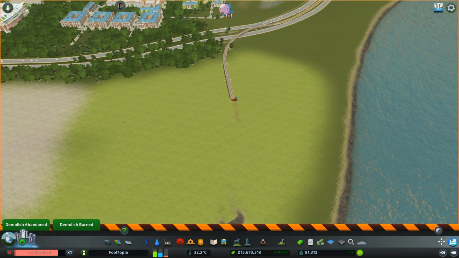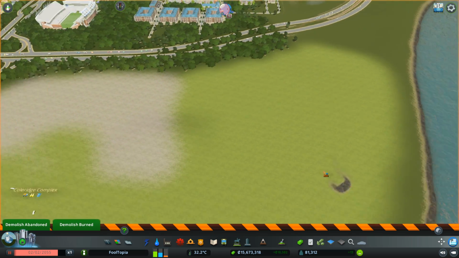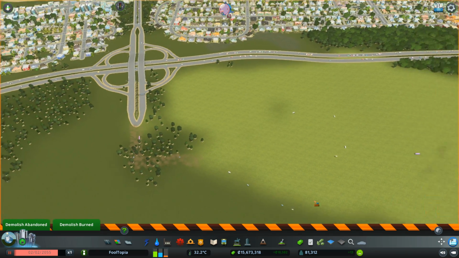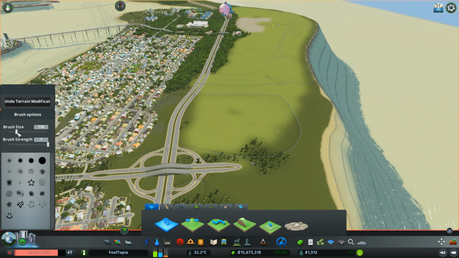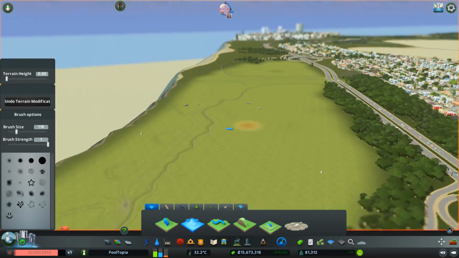We're going to bring this back as well. There's a little bit of terraforming to sort out. I need to make it quite smooth and flat. So let's terraform this a little better than it currently is. Bring up the brush size. We're going to flatten it out. And I think we'll take it from...